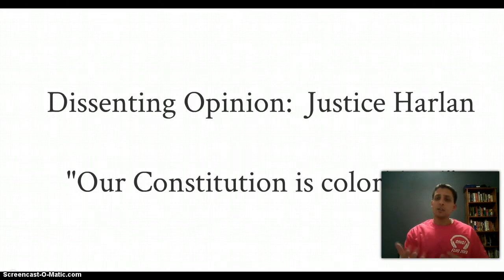We're really going to look at this in some detail tomorrow because it sets up the next 60 years of race relations in America. And it's really, again, a dark chapter and a distinct and difficult interpretation of the Constitution that we're looking at here.